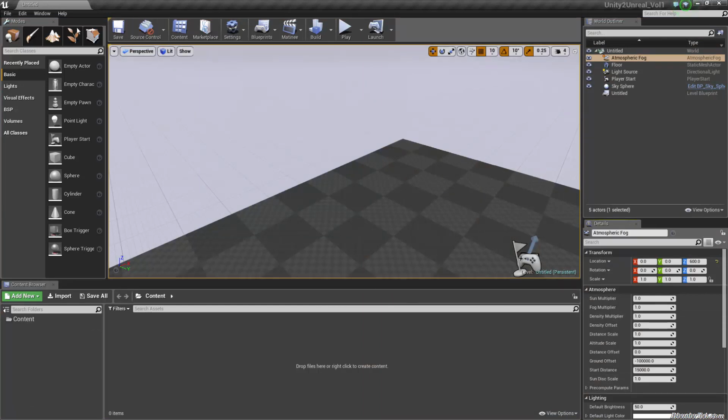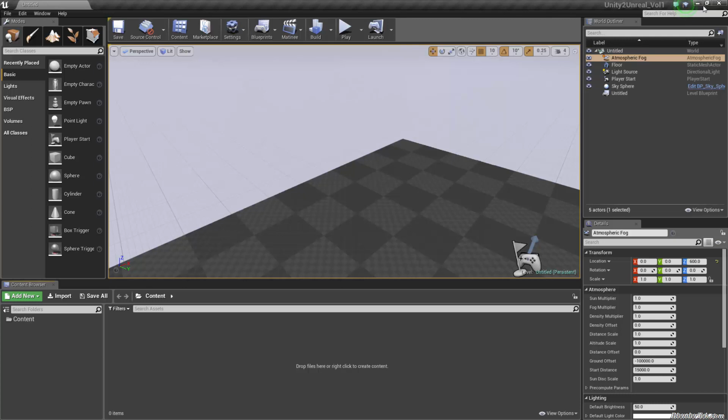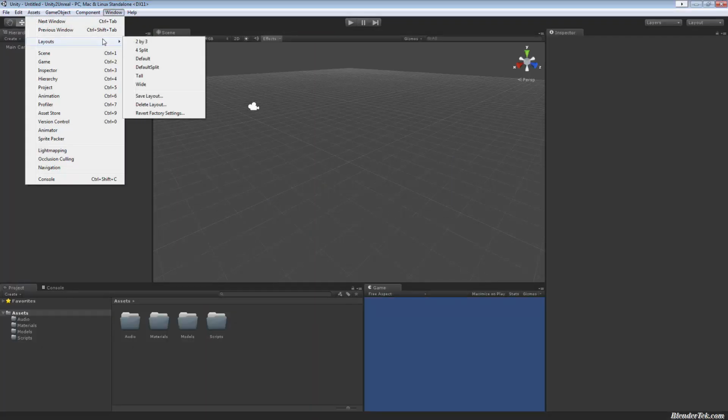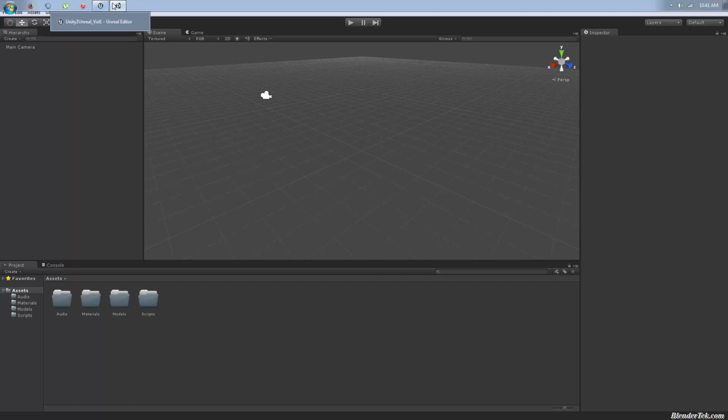I haven't found a way to save layouts yet, but I'm sure I'm wrong about that. I just haven't gotten there yet. You know what, right there's reset layout, save layout. There you go. I just learned something, and something for you guys to be aware of: you can save layouts in Unreal Engine once you've set up one you like, just the same as in Unity, when you go to layouts and you can save or delete a layout. For example, if we click on default, I am in the default layout. So kind of cool. They're very similar that way.